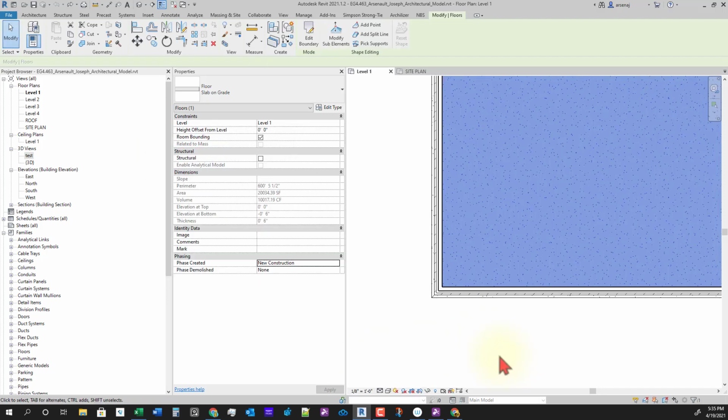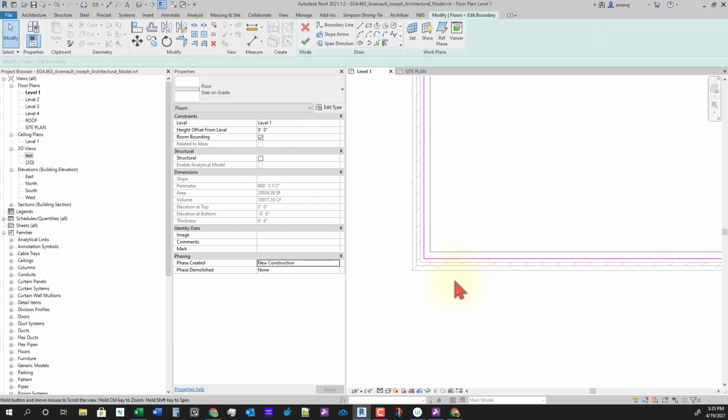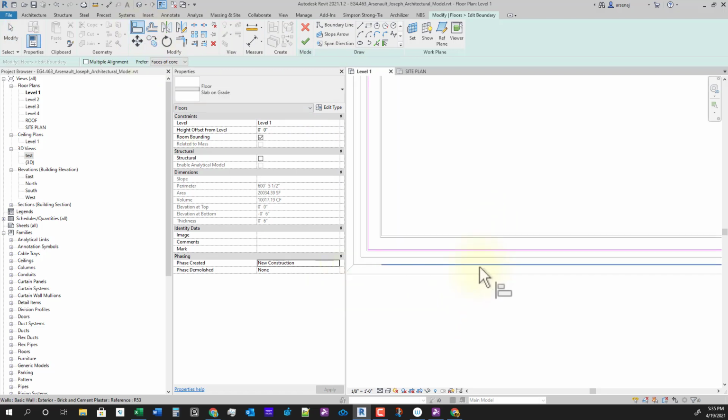That's an easy way to grab something if you can't tab into it. And then go to Edit Boundary. What we're going to do is get our Align tool. We're going to hover over that bottom magenta line and then tab once until we get the